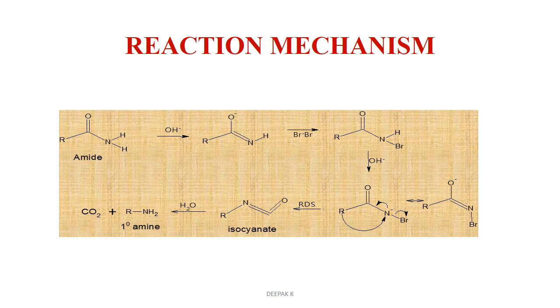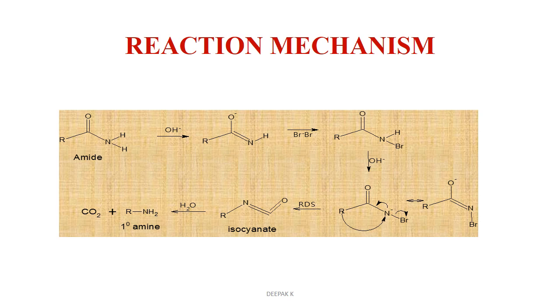C double bond O is a carbonyl group, and the carbon will have a positive charge, which will attract the OH minus of the water molecule. So COOH will be formed there, and the nitrogen will get the H, since nitrogen has a lone pair. So RNHCOOH is formed, and we all know COOH is a carbon dioxide molecule, so it is an easy leaving group. It will leave with its electrons, so an amine will be formed.